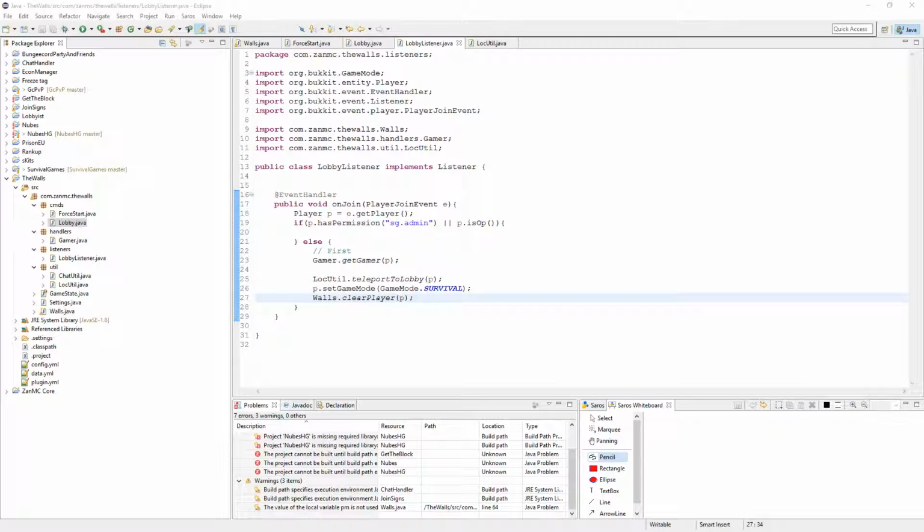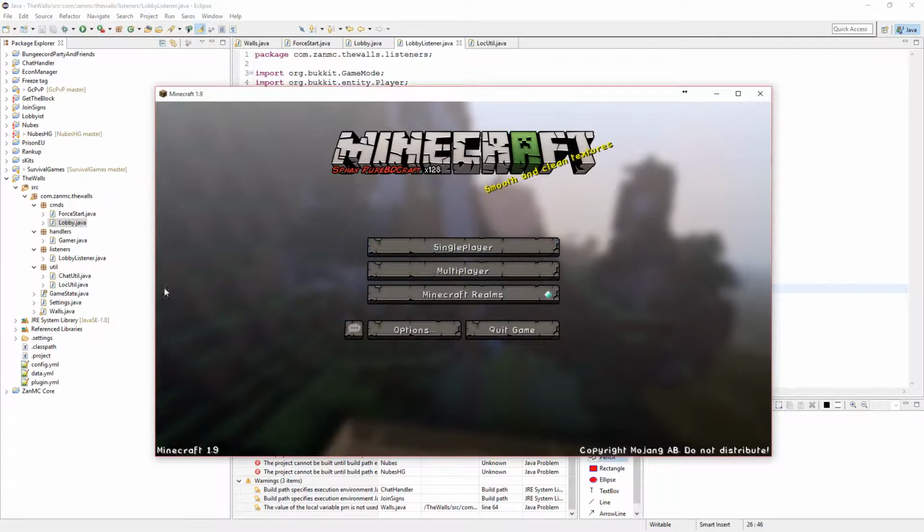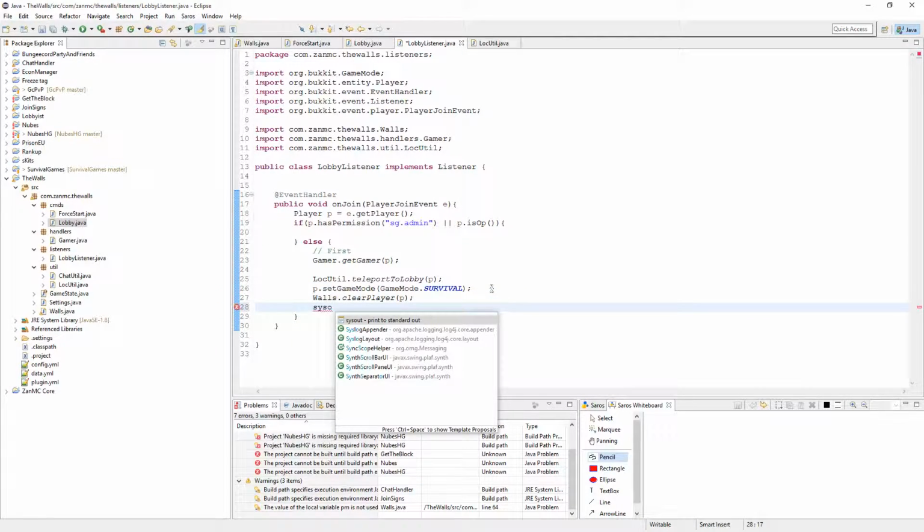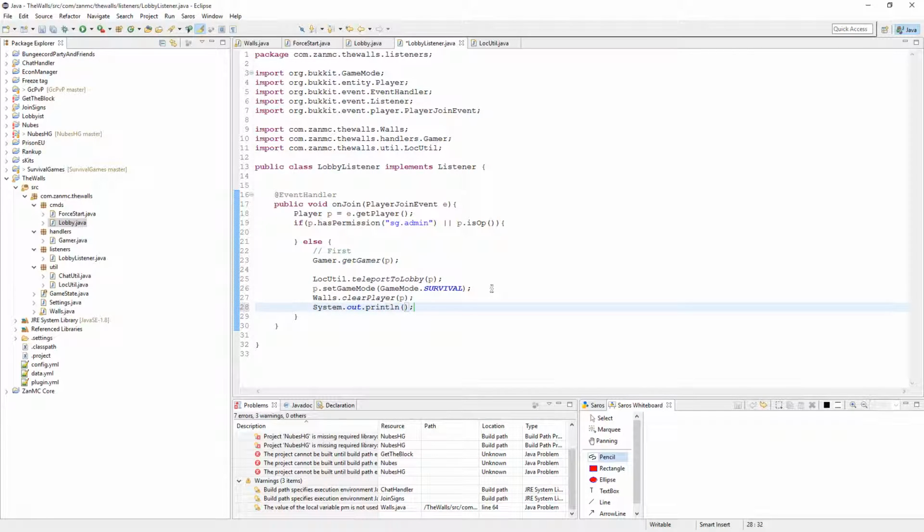We could do debug. Actually, I want to do debug because we haven't tested this yet, have we? There's not much to test right here. It's mostly just if I move away from spawn before I do it, and then reload and then just read the log. Here, game mode survival, clear player p, and then a system out print line basically. Or we could do yes, added